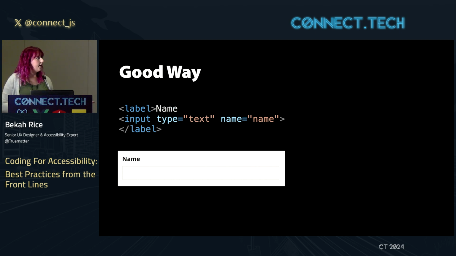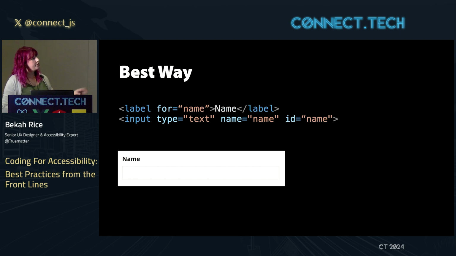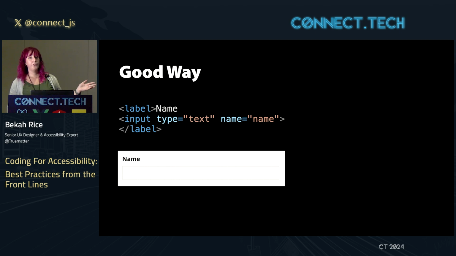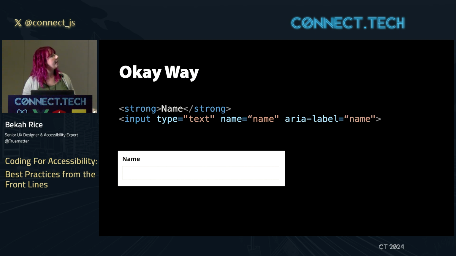A good way is, which I'll actually go back to show this better, I'm using the for attribute here and also an ID on my input. So this automatically associates the two in a very strict way that can't be confused. Another way you can do that is by actually wrapping the label around the input. So if for some reason, again, I'm just imagining worst case scenarios, you can't use the for attribute, oh no, you can wrap the input in a label. So that's another option. You can also use a title, which I don't have here.